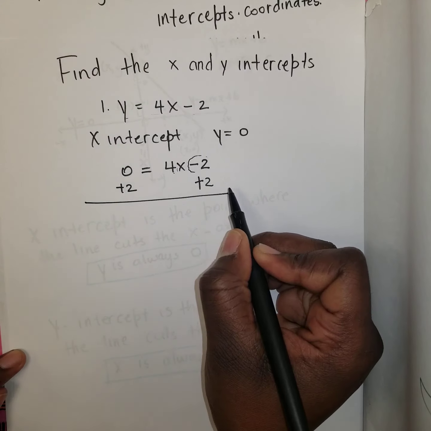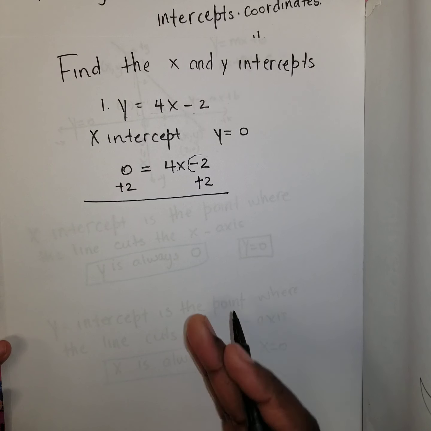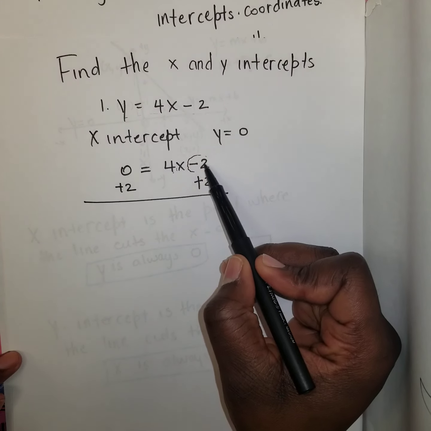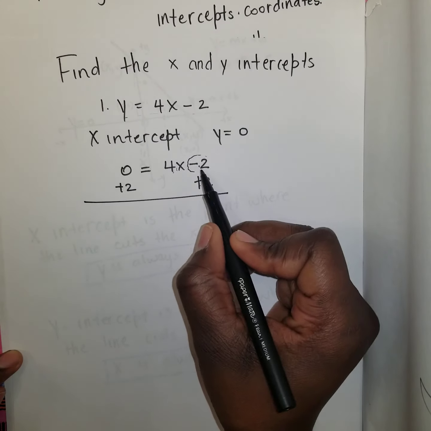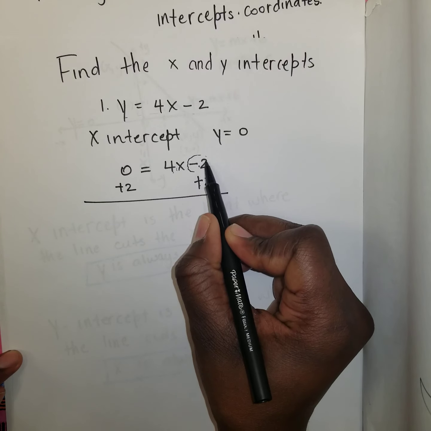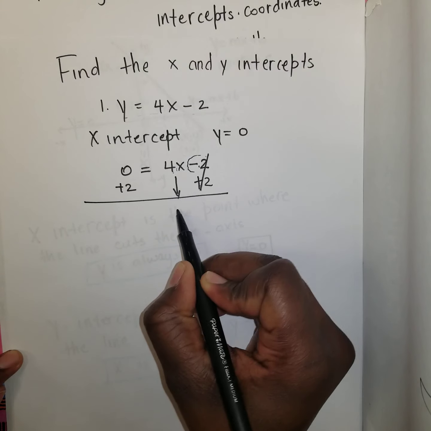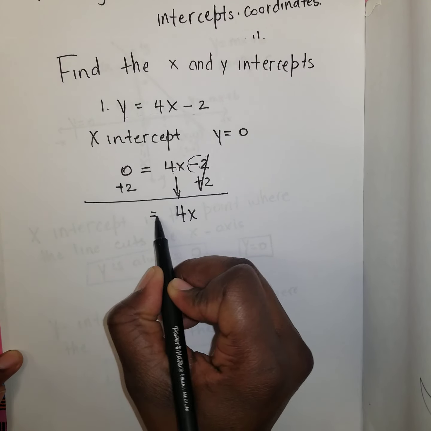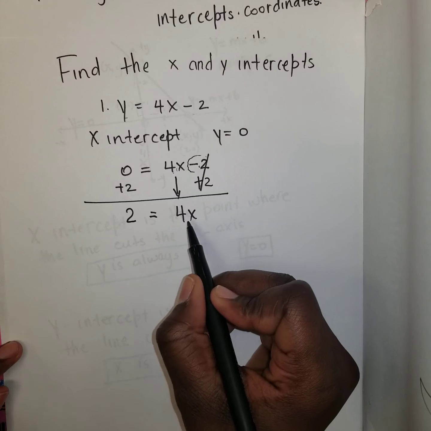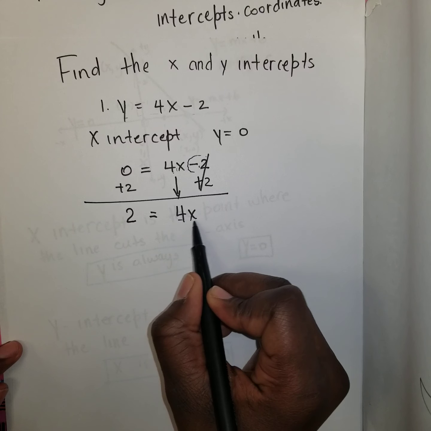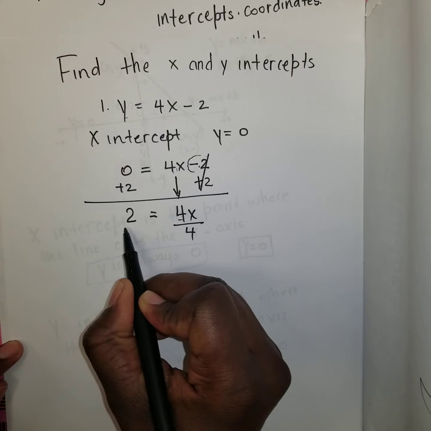And this is basically finding... I'm solving for x. So you have to do the opposite operation of subtraction, which is addition. So these -2 plus +2 will cancel. I'm going to bring down my 4x is equal to 0 plus 2 is 2. Okay? Our goal is to find x, but these two are multiplying, so I have to divide by the coefficient,